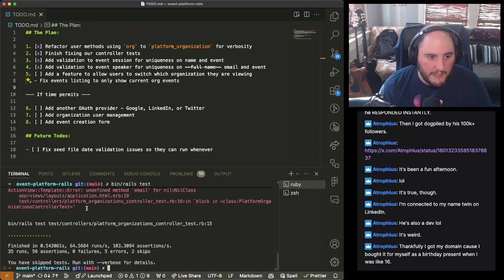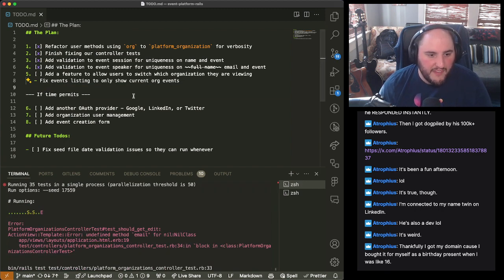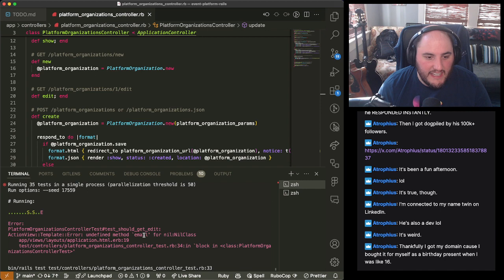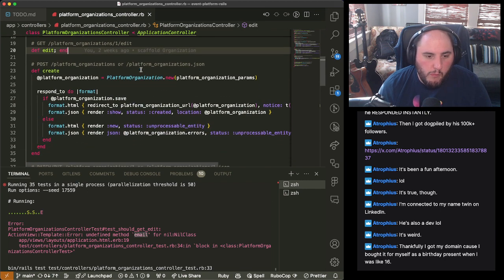Now let's go simplify a lot more things, and let's run the test suite one more time and see what's still failing. So, platform organization controller test, and we're making sure that this is the platform organization controller, not the other one with a similar name. If you look at this, undefined method email for nil class, right?